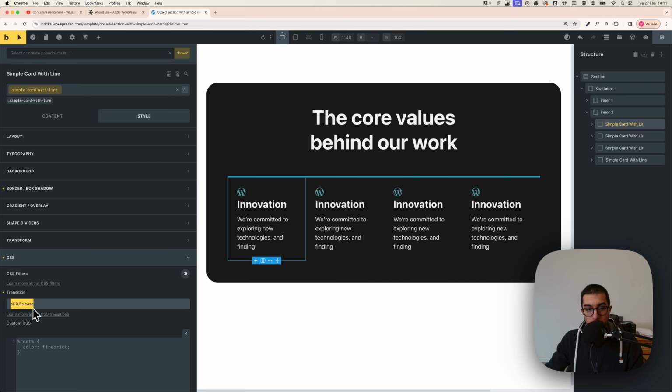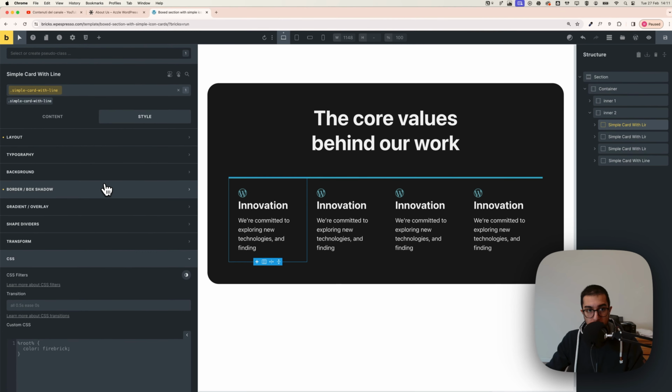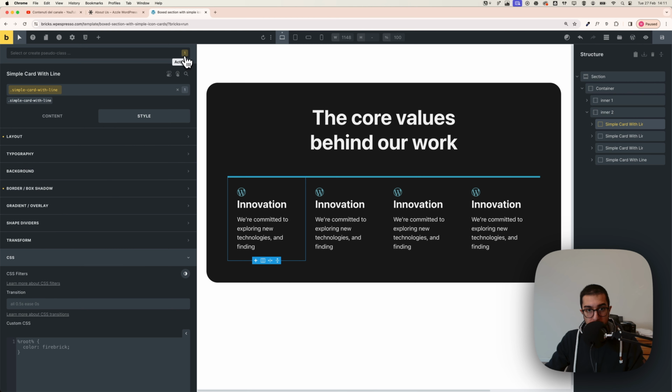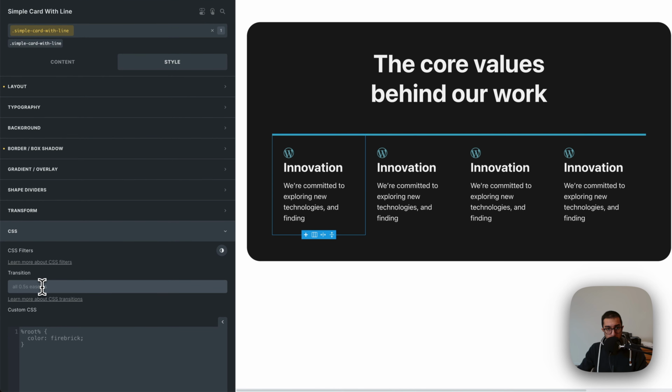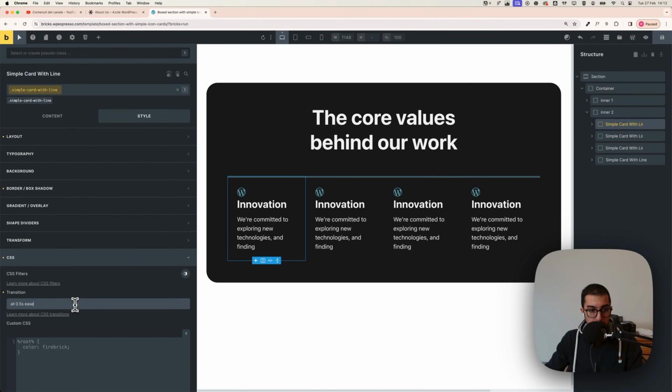So you copy this, then you click on clear to exit from the hover effect styling. You will find a number 1, which means that one hover effect is active. And now, as you can see here, everything disappeared because I'm in the default mode right now, and I can paste again